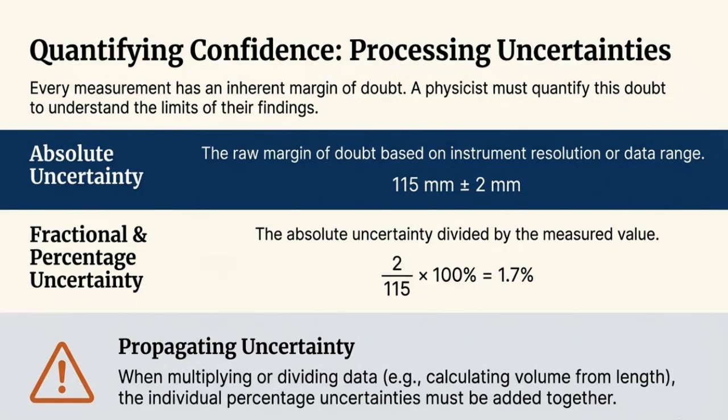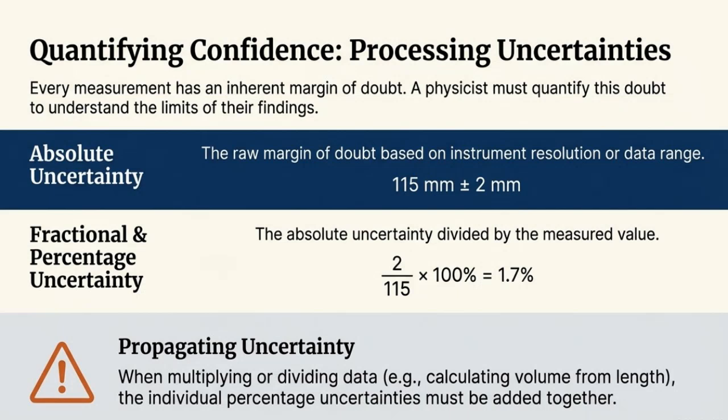To compare uncertainty across different measurements, we use fractional or percentage uncertainty, calculated by dividing the absolute uncertainty by the measured value and converting it to a percentage. In this example, that's about 1.7%. When dealing with calculations involving multiple measurements, like finding volume from length, we need to combine the uncertainties by adding their percentage values. This helps us understand how errors can build up and ensures we have a realistic sense of